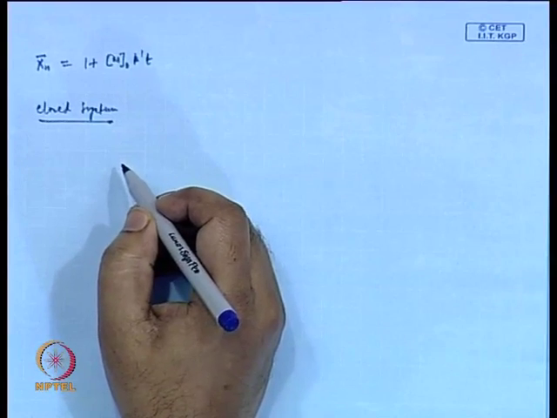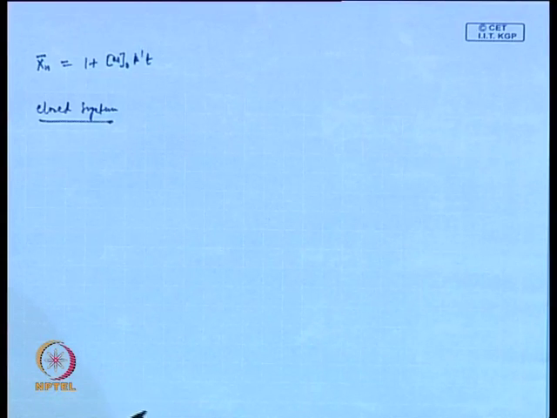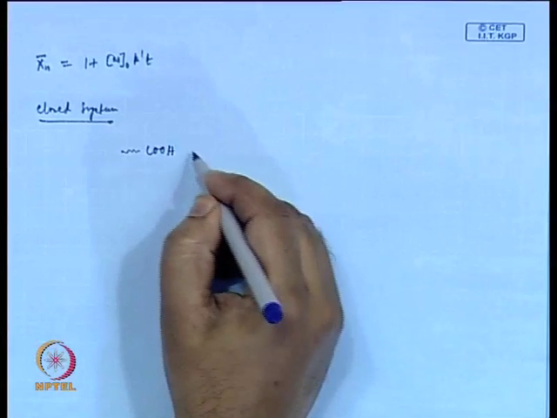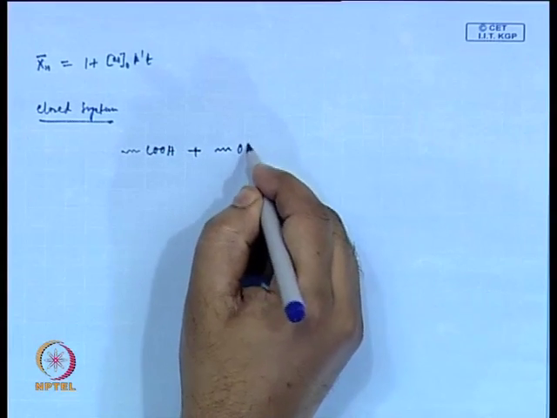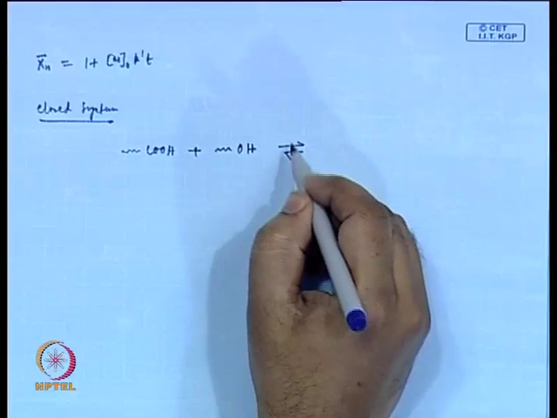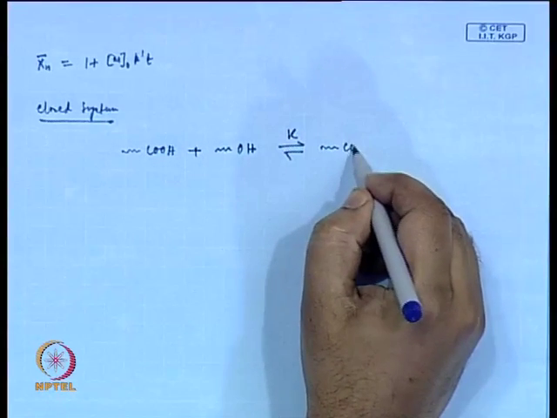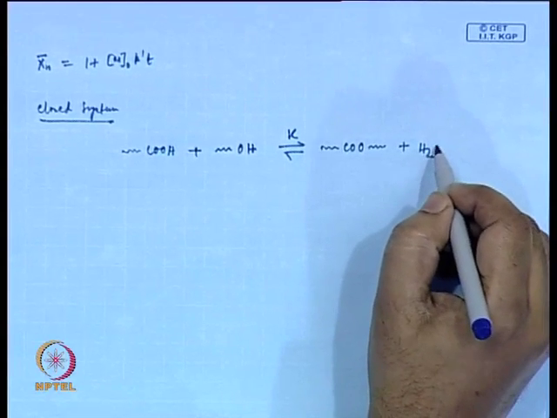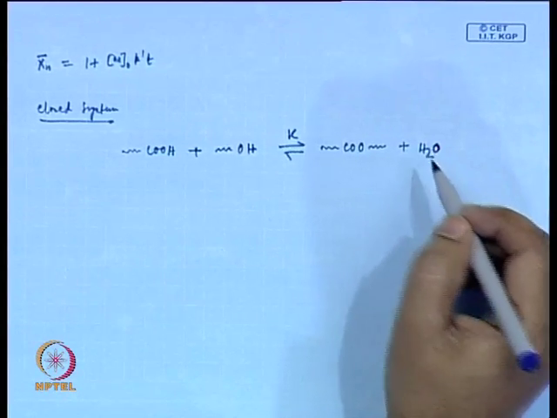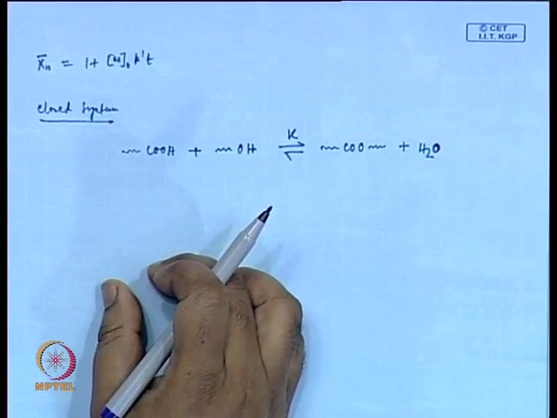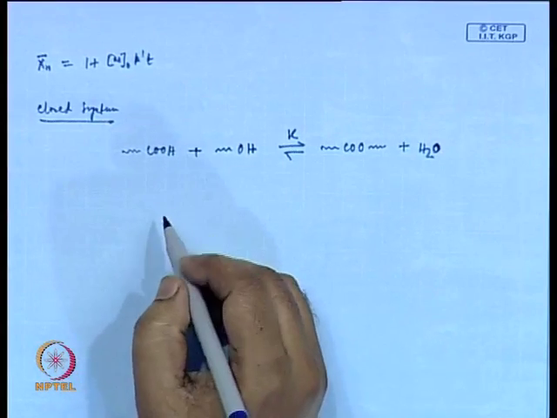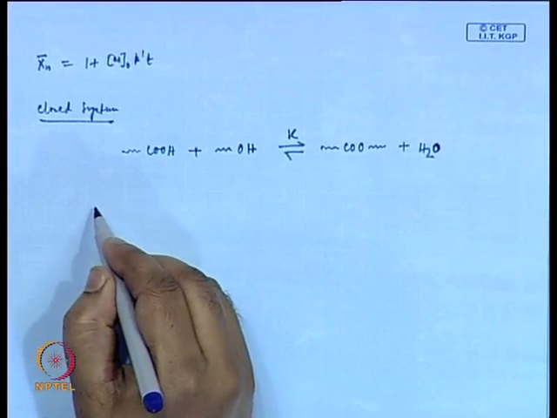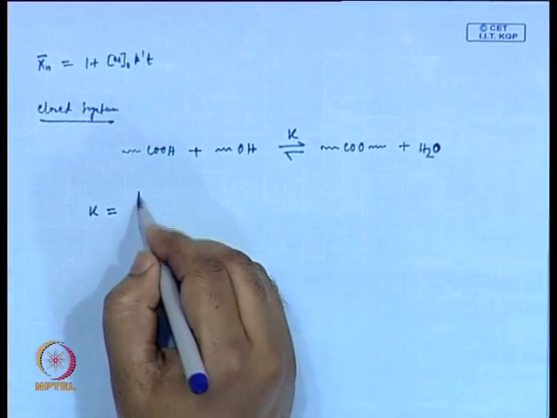The closed system, and we will write this reaction and the reaction rate constants. So, the equilibrium constant can be written as